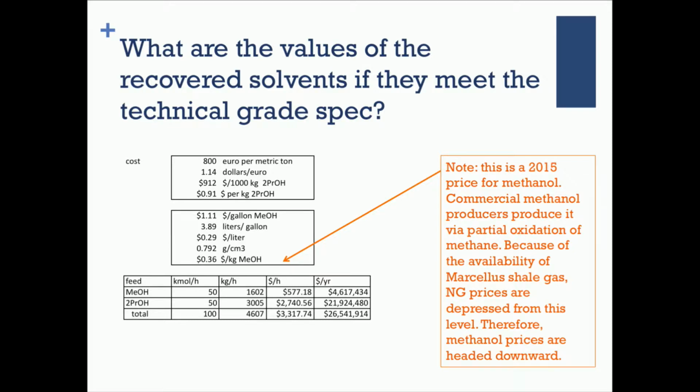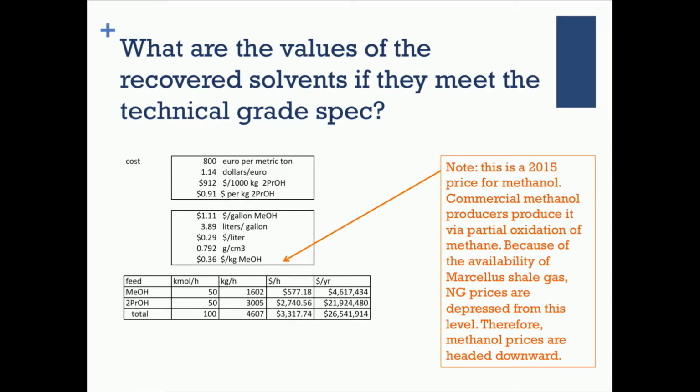Recently, the methane prices in the U.S. have dropped, and therefore the methanol prices have dropped. And so we would expect the methanol prices to be down from the prices on this slide. Then the final table is really the important one, which is how much material do we have in process over